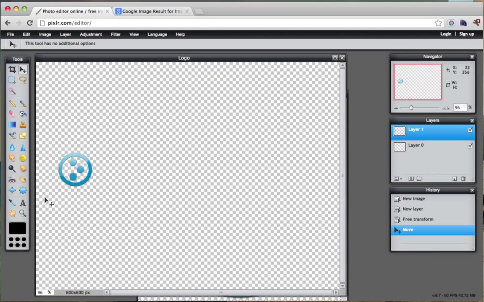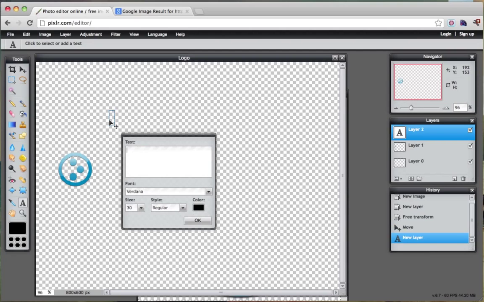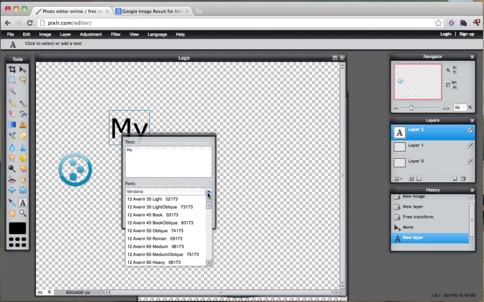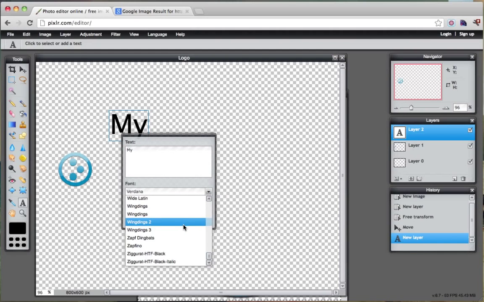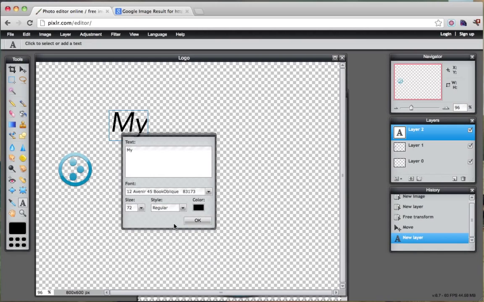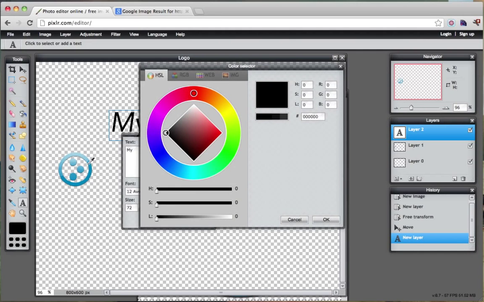And now let's put in some text. So I'll click here, the text box, and we'll put "my", and we'll make it really big. Say 72. And we can change the font here if we want. So we'll just do that one, and we can change the color. What I like to do is I like to take the color from the logo. So let's just click on here, take this color,